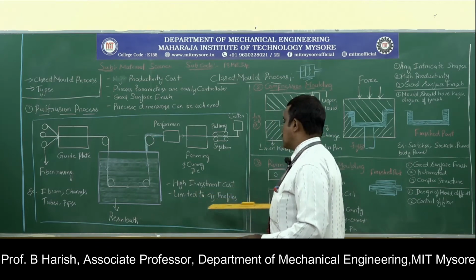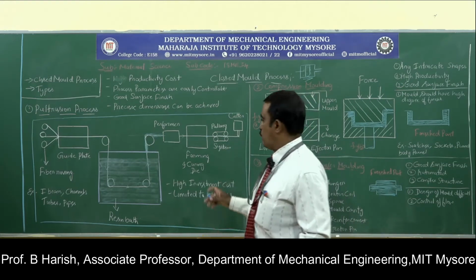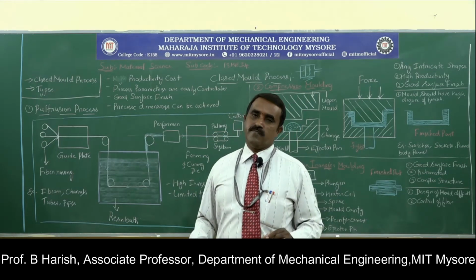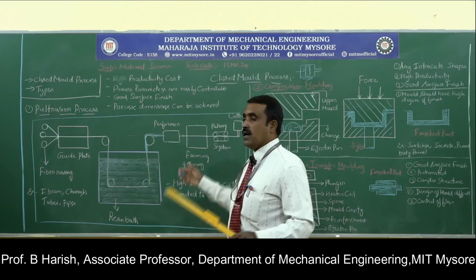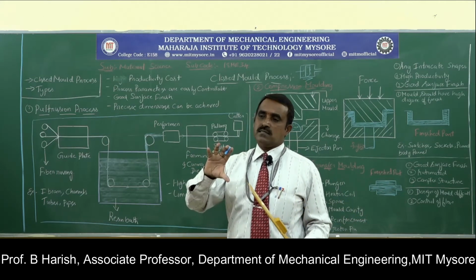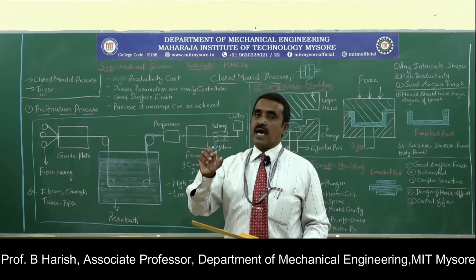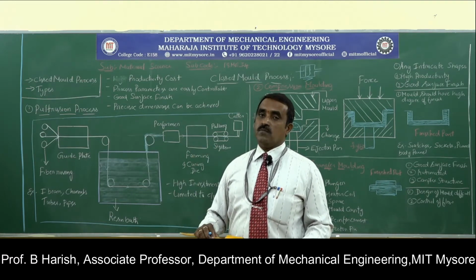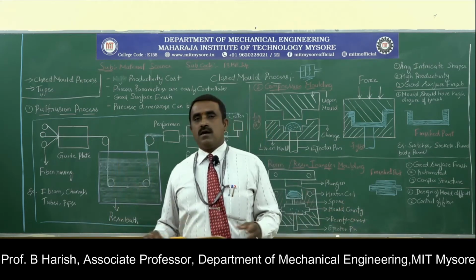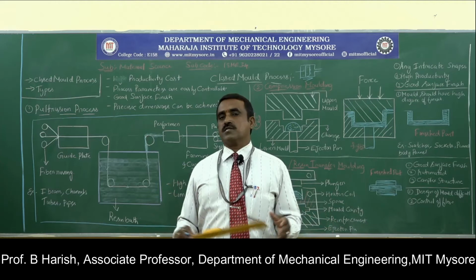Second one is limited cross section profiles. I cannot have any irregular cross section profile. What I can achieve from this curing die is diameter variation. I cannot get any cross section profile which is not of standard shape. The only flexibility is with respect to diameter, so it is limited in cross-section profile. I cannot have any number of profiles achieved. So that is the disadvantage with respect to the process.